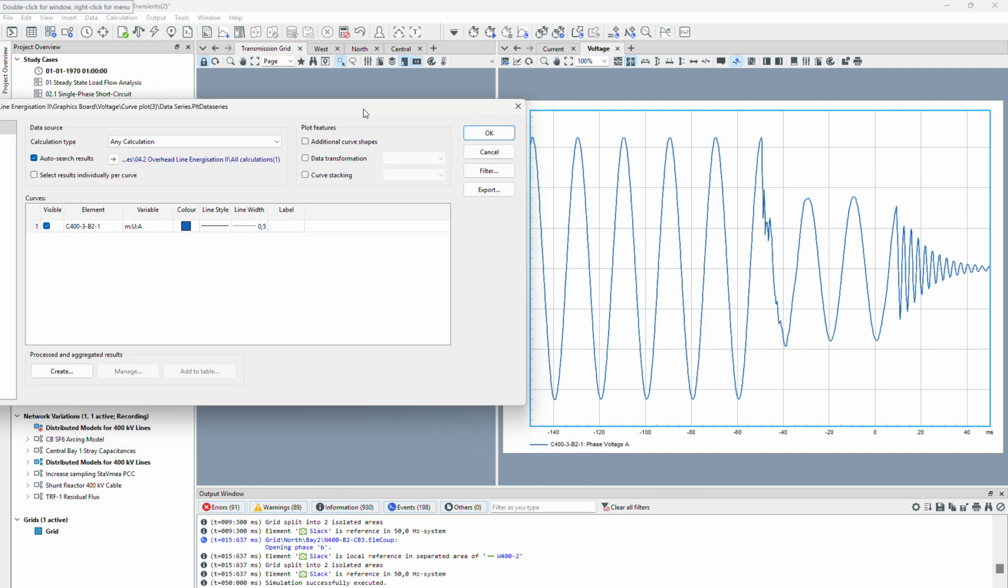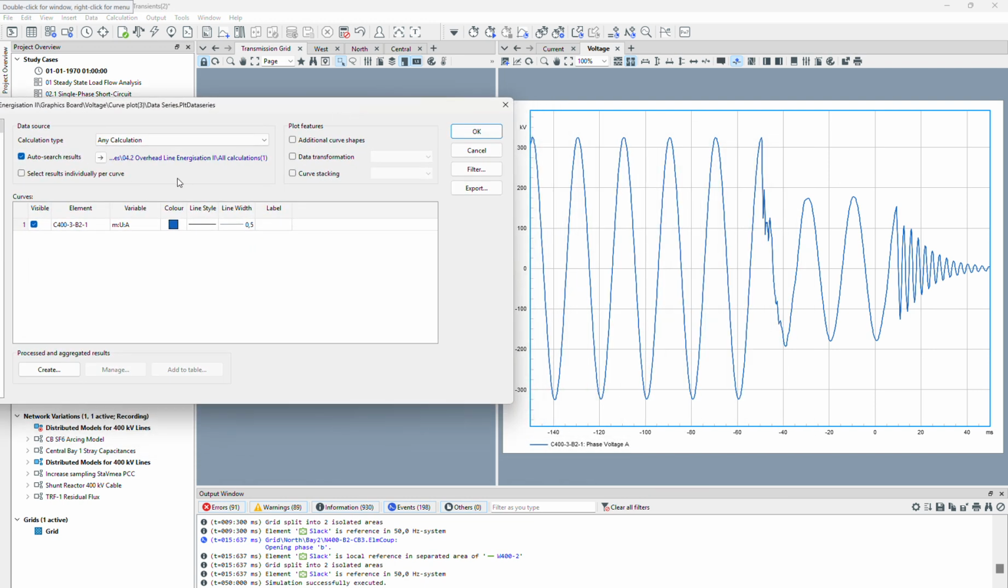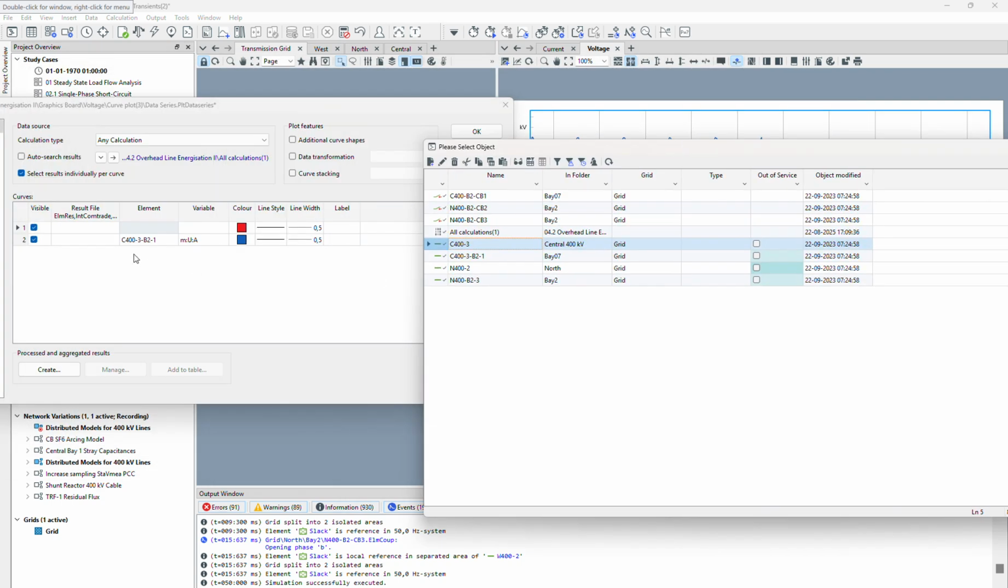If I double click here, we have the auto search result. This is the last thing that we have. If I uncheck this one, everything will be the same. If I check this one, then we can say for which plot we will use which calculation. So here I use the same one,